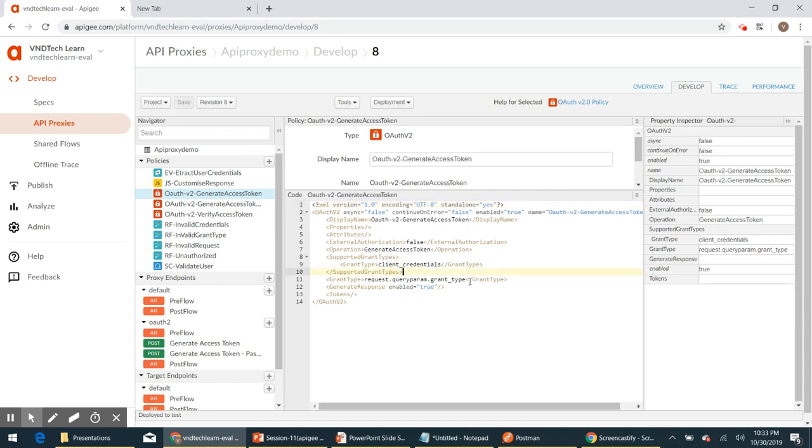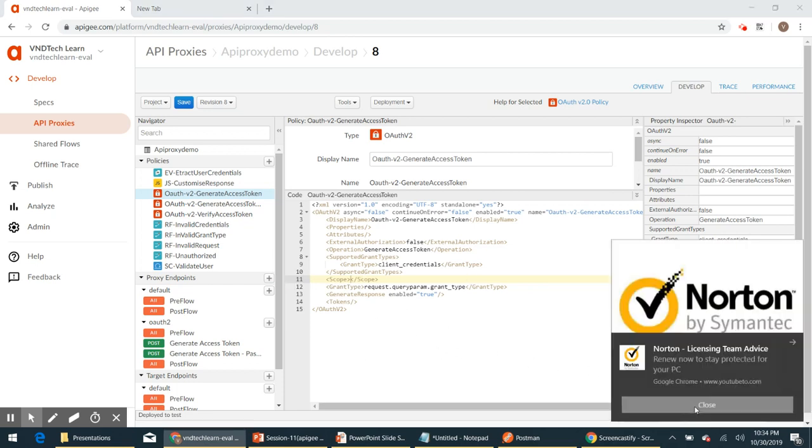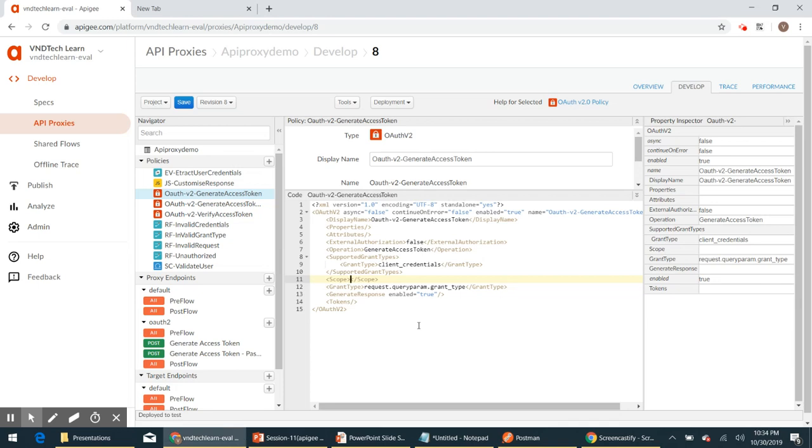So let's add the scope element first. So let's add scope, and the value for the scope we'll have to provide from the request, and we can provide it from a query param, a header, or the body. In this example, we will provide the value for scope from a query param, as we did for grant type. So let's copy this